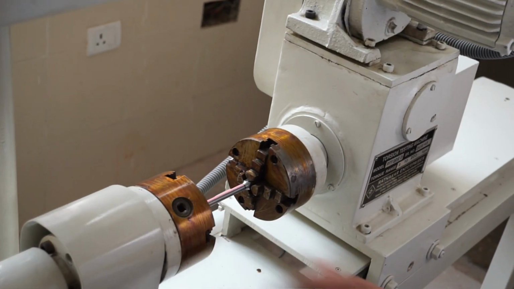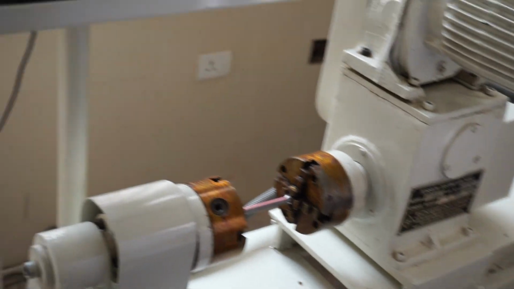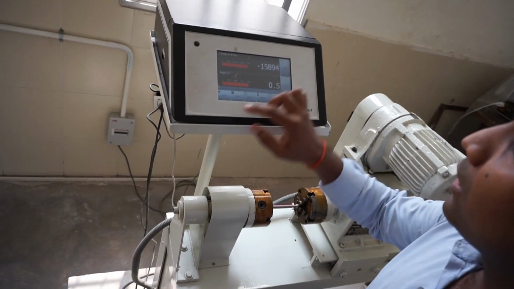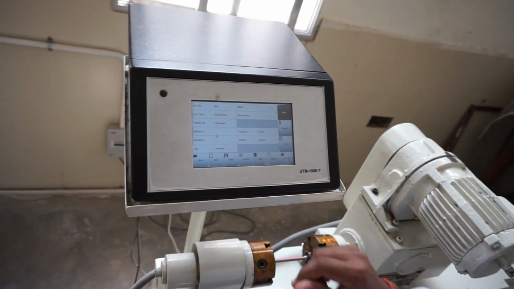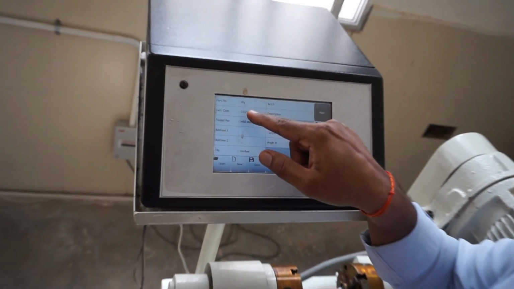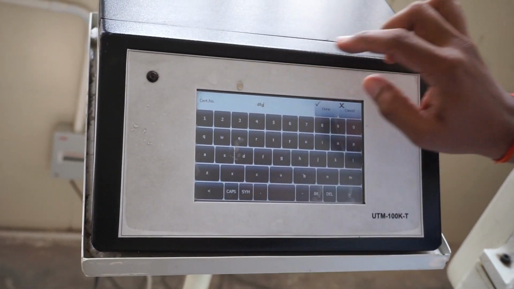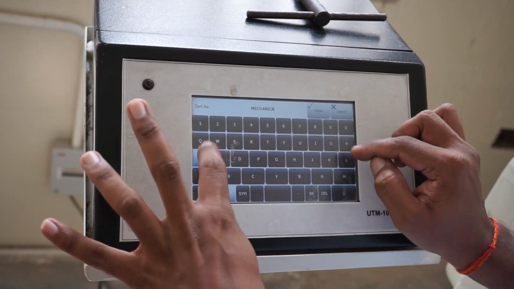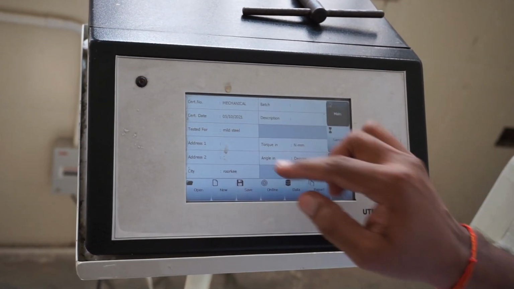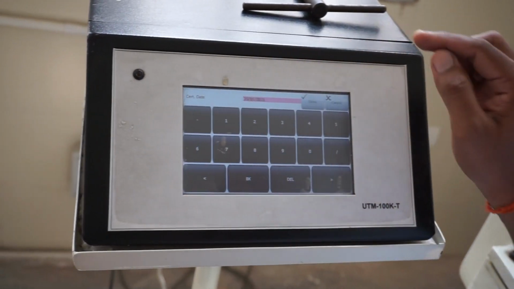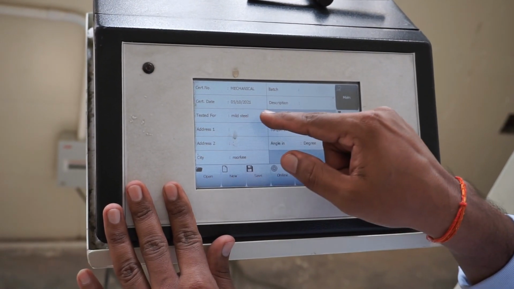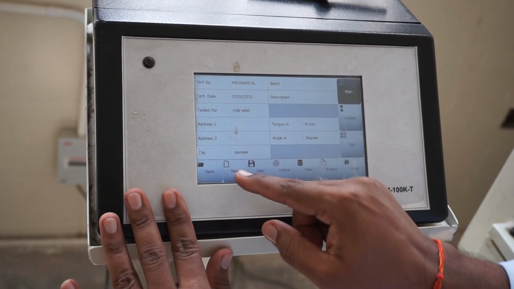Now, first of all, I will give all the specimen data to the control system. Here I will create a new file. Certificate number does not matter. Mechanical. Just the date. The test material is mild steel, and the city is Roorkee.